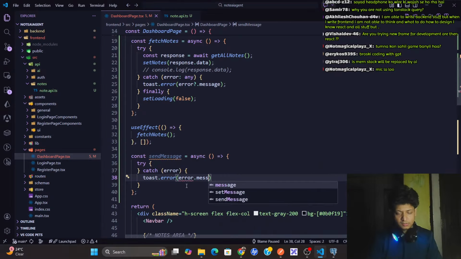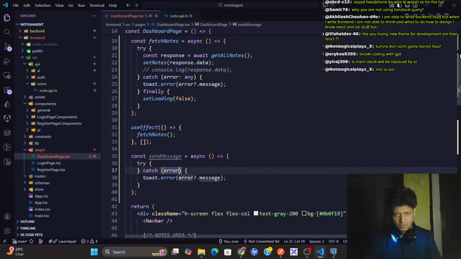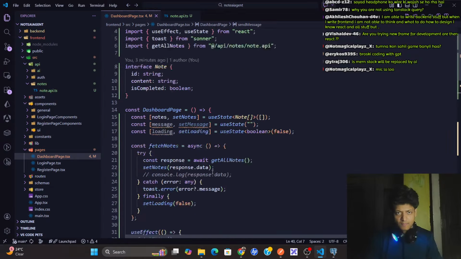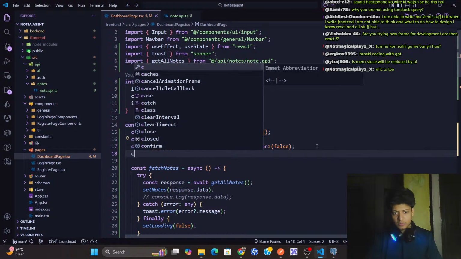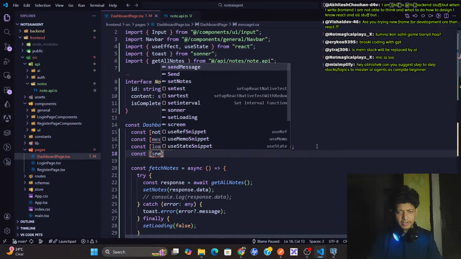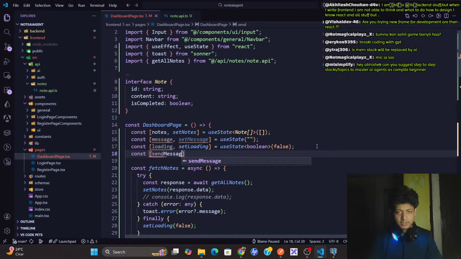message of type any, fine, and finally. Okay, set loading. Here let's make it sendMessageLoading, setSendMessageLoading, useState.